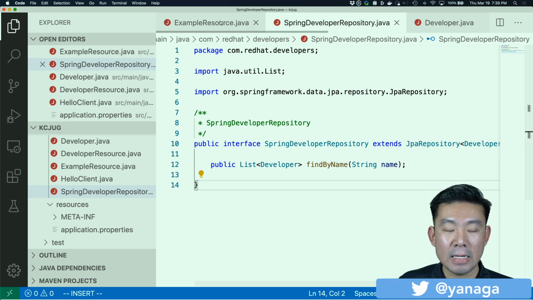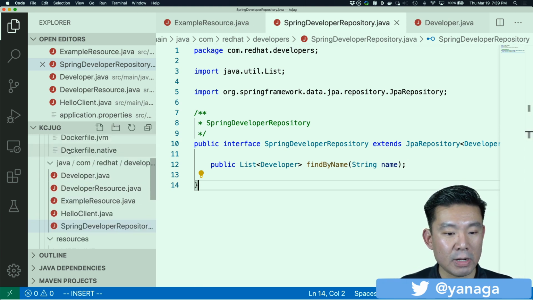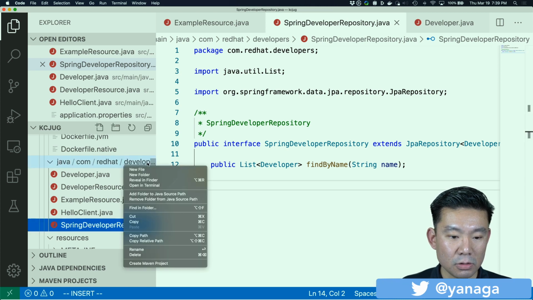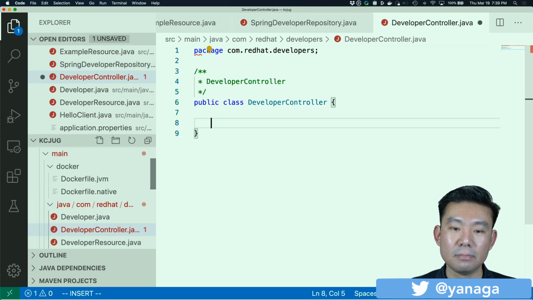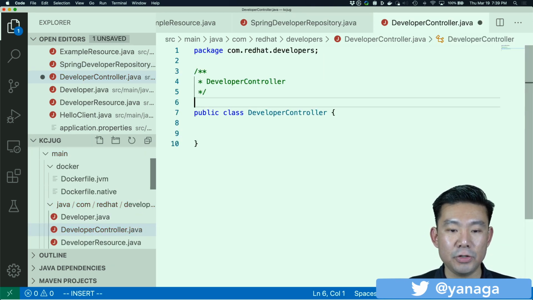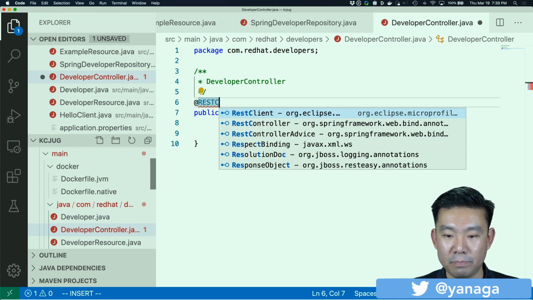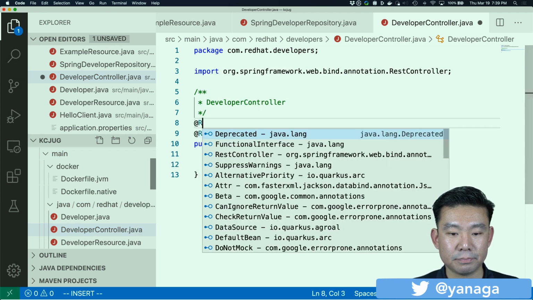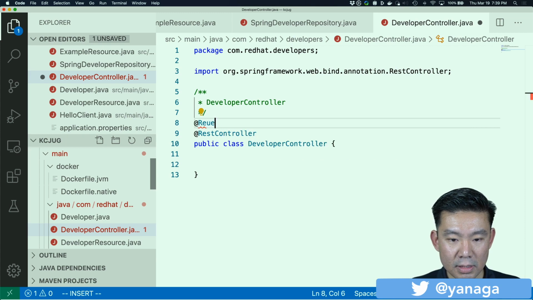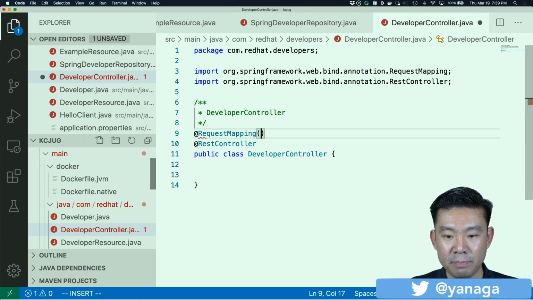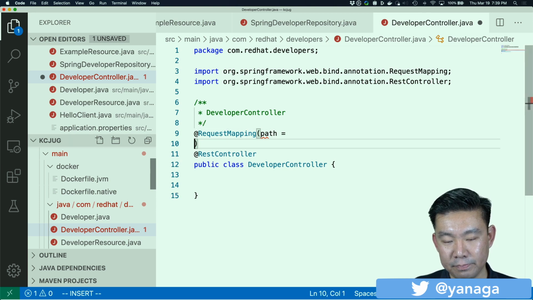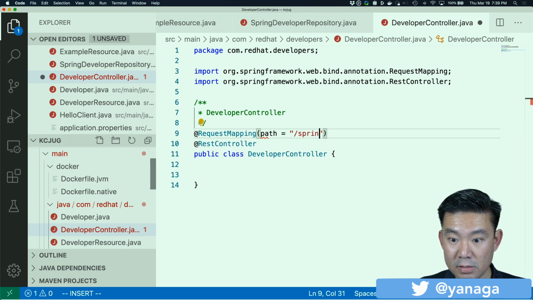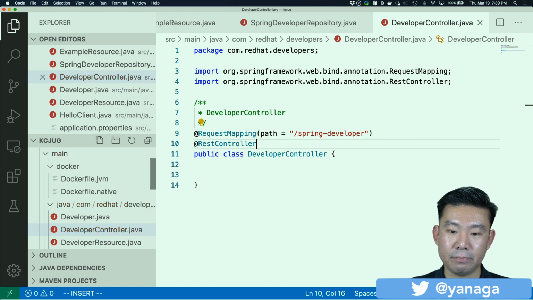And what else? Let's try to create a Spring REST controller. So create a new file, DeveloperController. And if you're used to Spring, of course, you do the RestController. Let's add a RequestMapping. The path is going to be /spring-developer. And what else can we return?